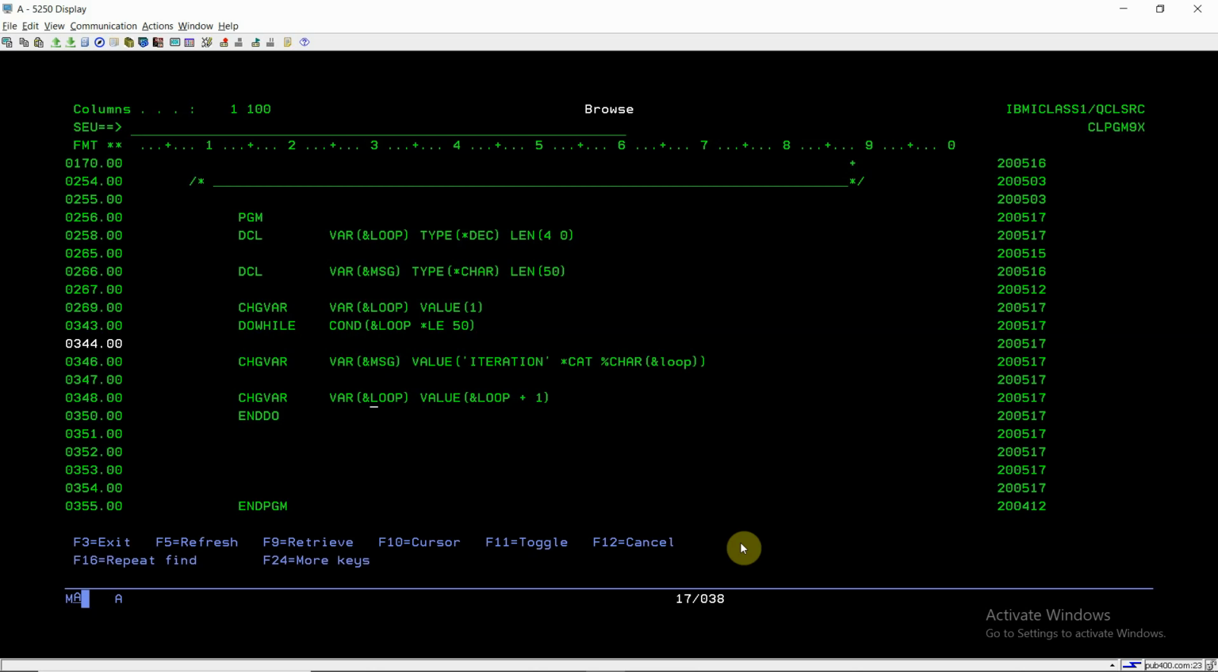At last we are incrementing the loop variable by 1 every time. So till the time it reaches 51, the statements inside do while and enddo would get executed 50 times, and after that the program ends. So let's